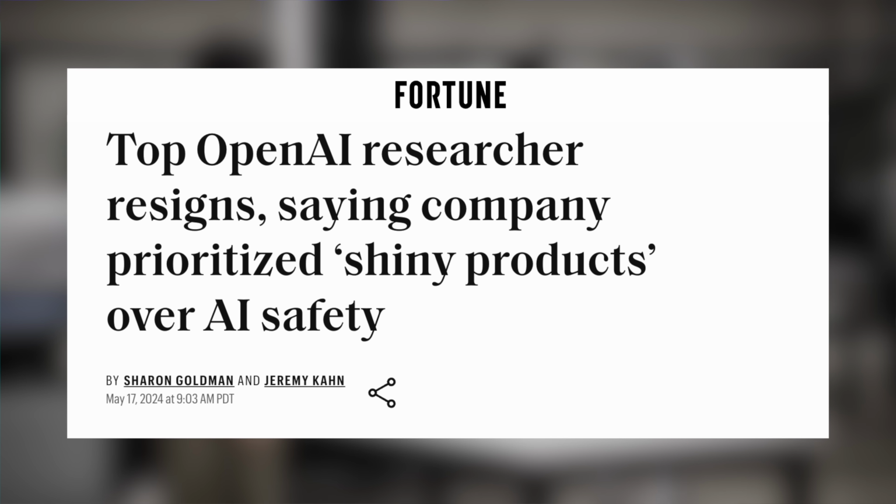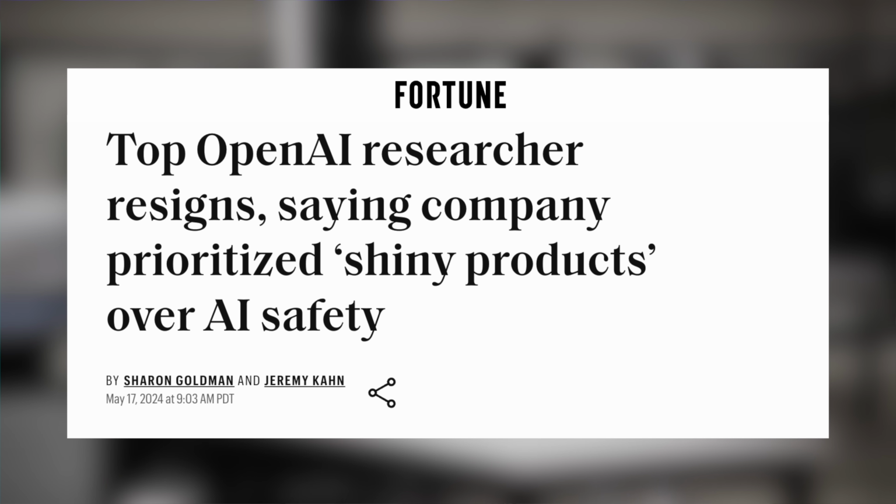Specifically, one of the things he cited is OpenAI is focused too much on shiny products instead of on safety and all these kinds of things. But here's one of those scary dystopian things to think about, right? Right now, OpenAI doesn't outlink to things. ChatGPT, I should say, instead of OpenAI.